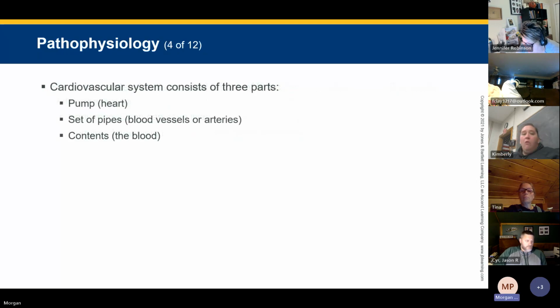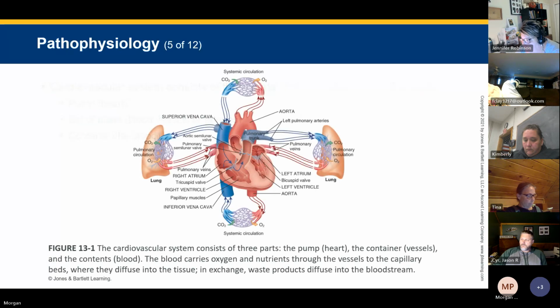So there are three components to the cardiovascular system that are affected with shock: the heart, which is the pump, the vascular system, like the piping, and the blood. So again, here's the heart with its four chambers, and so if the pump needs the